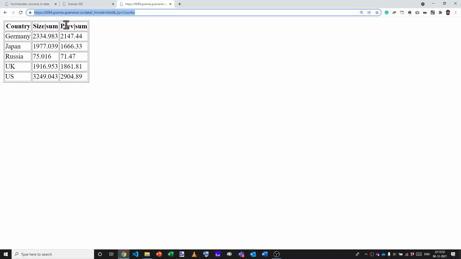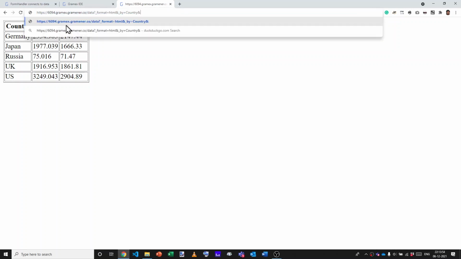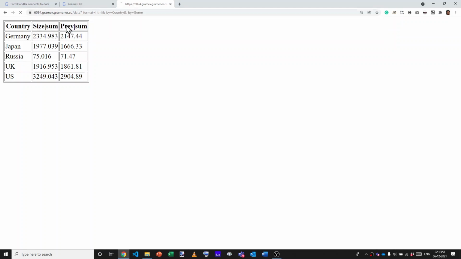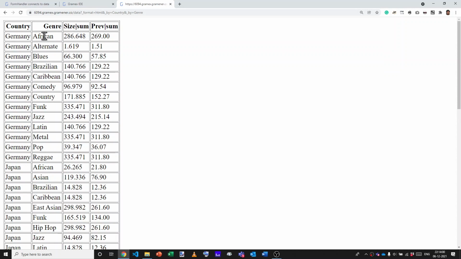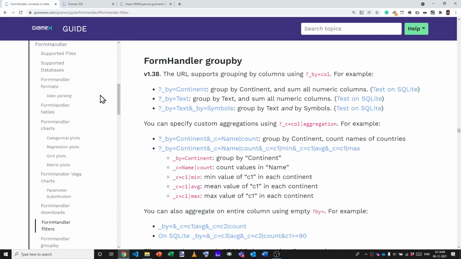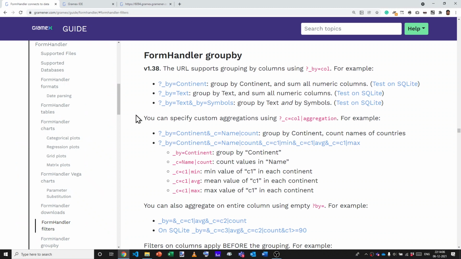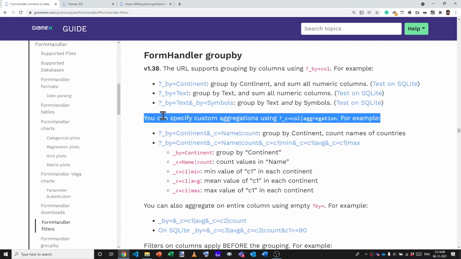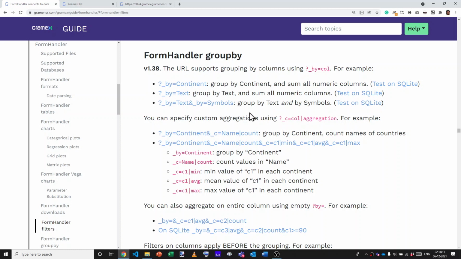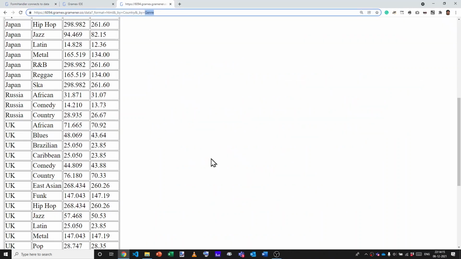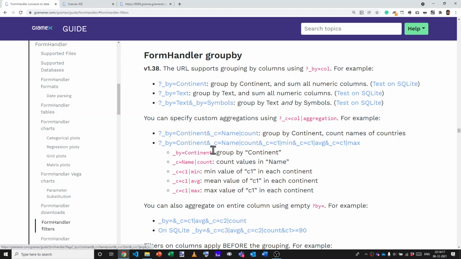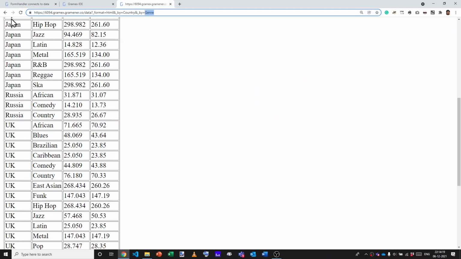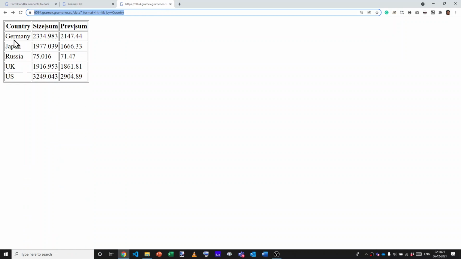I can also choose to group by multiple columns. So I say by country and by genre. So now Germany, African, that's the total, and so on. What we can do is specify custom aggregations as well. So if instead of summing, I want, let's say, the count. Let's say I want to count the number of songs, the number of